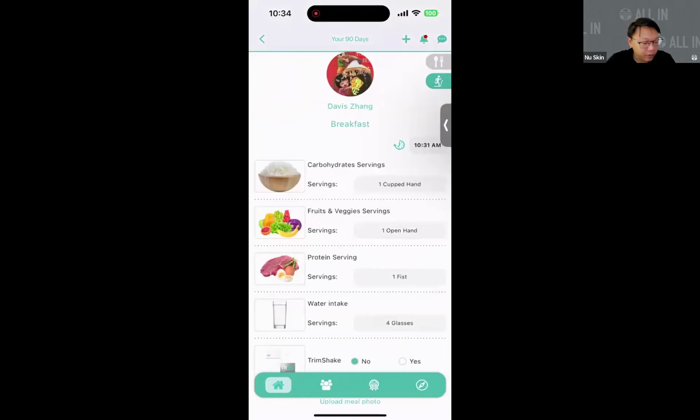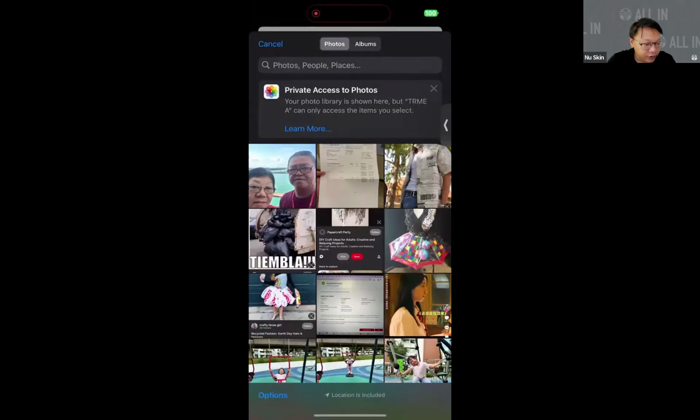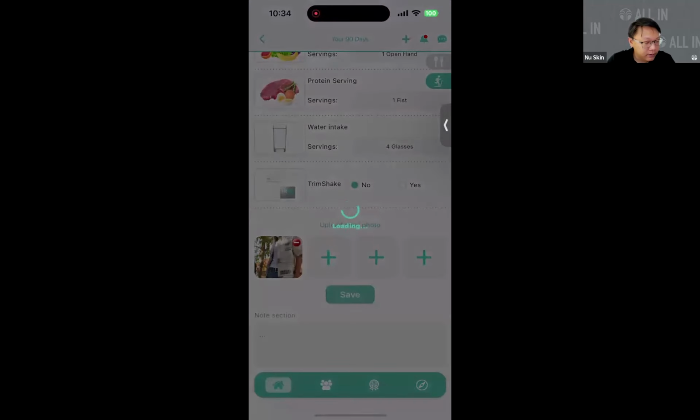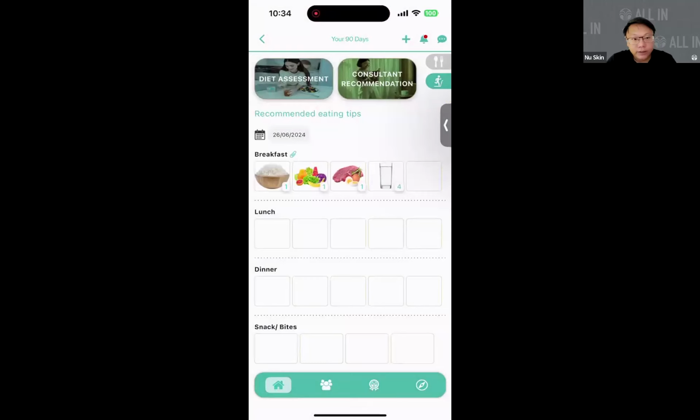I think there is one more that I missed out. It is a new feature. Let me just upload a picture. You realize that beside the breakfast, there is a paperclip icon, which is over here. If you have uploaded a picture or a photo, this icon also comes out. It's easier for your consultant to identify which meal you have already uploaded a photo for. If they really wish to see what you are consuming, they can just click on it and enter it in. Right? So pretty straightforward for meal plan.